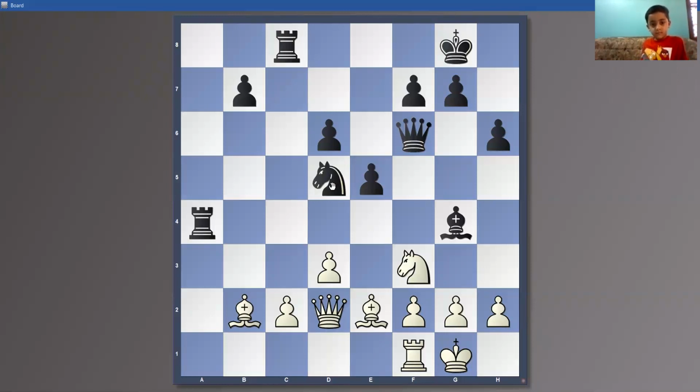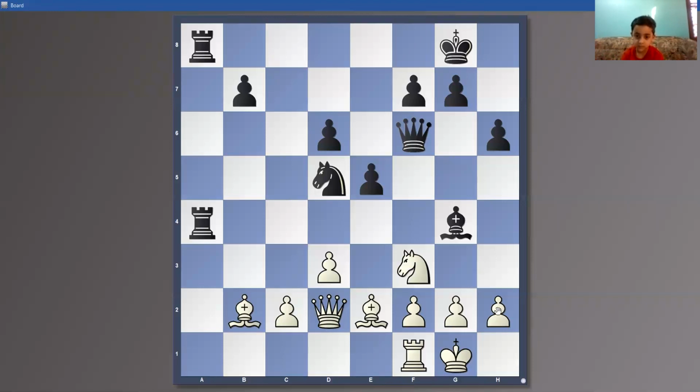Okay, let me play. What should I play? Let me just develop my rook. Rook a8. H pawn 1 step.